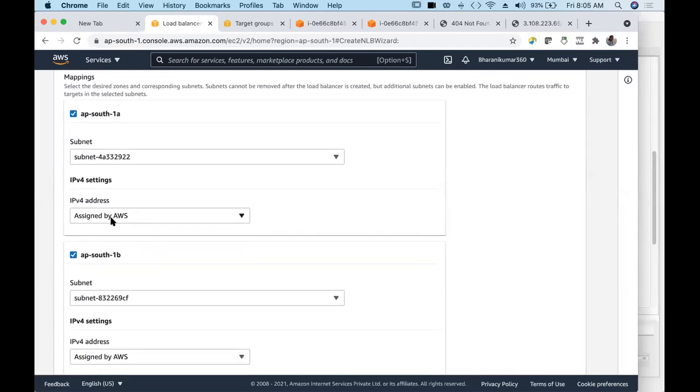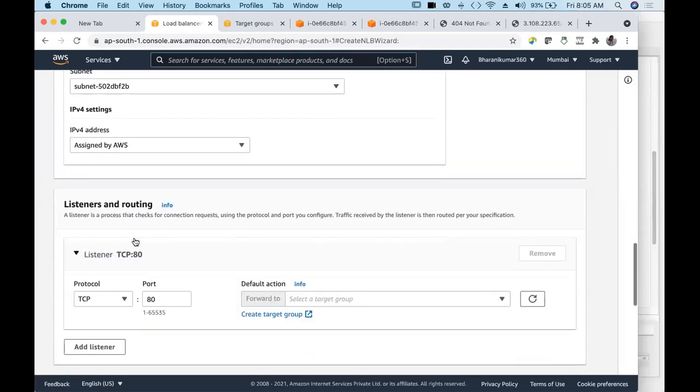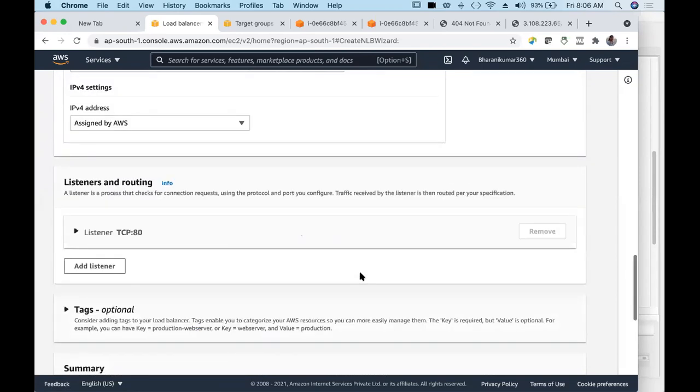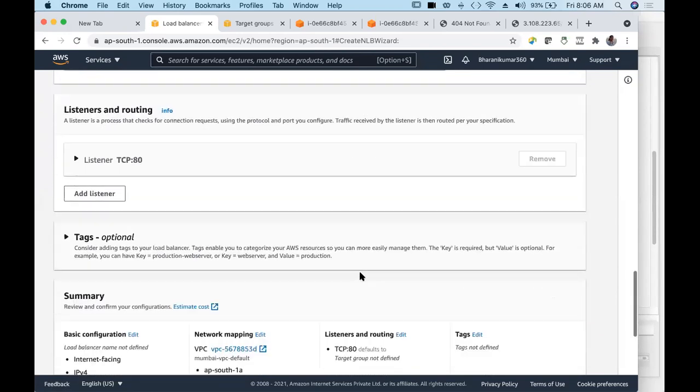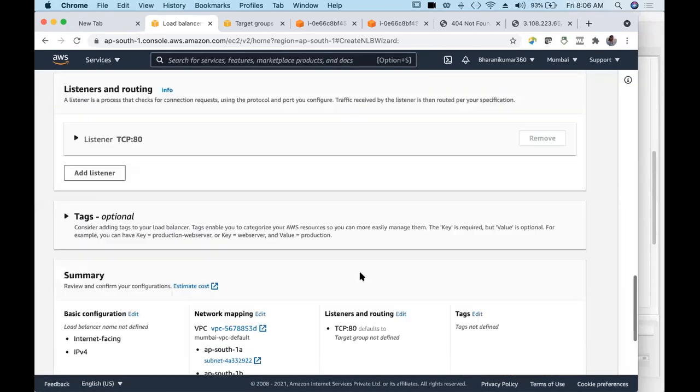IPv4 settings, go with assigned by AWS. See here, your TCP is listening on port number 80 and forwards to here. You can add your target group or create one. If target groups already exist, you can select here. My two target groups are in use, that's why I'm not getting them here.